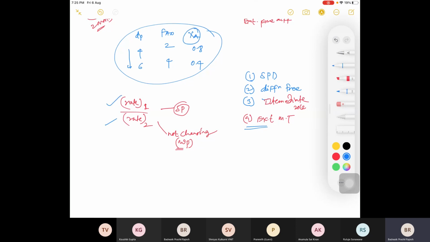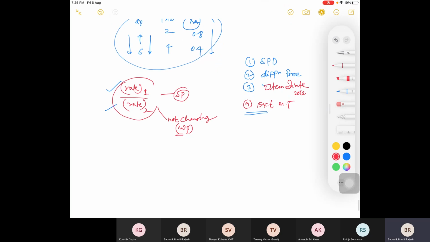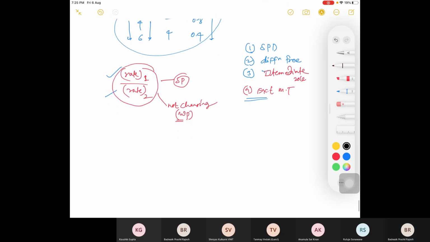Suppose other data is not given and only conversion is given, only conversion I am repeating, then you can directly compare. See, as your particle size is increasing, your rate is also changing. But here all other parameters are also given, so at that time you cannot directly take conversion as a parameter to distinguish. You need to find out the rate in 1 and the rate in 2. How can you calculate for MFR? You need to use the formula for MFR in the case of a heterogeneous reaction. What will be my starting point then?